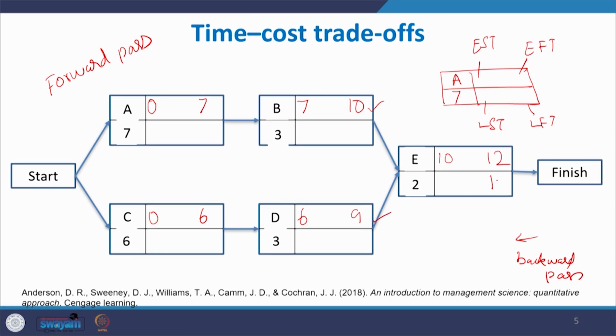So, 12 is your latest finishing time. If 12 is the latest finishing time, what will be the latest starting time? So, 12 minus 2 is 10. Okay. Now, for activity D, the latest finishing time is 10,